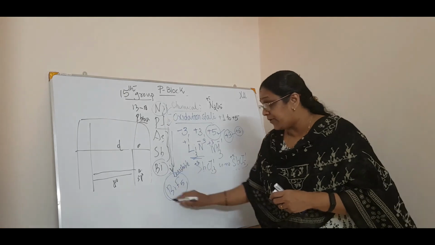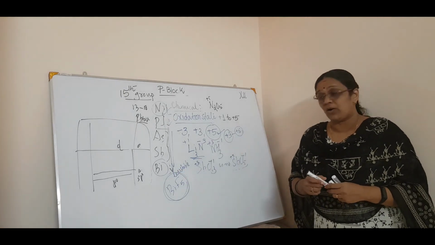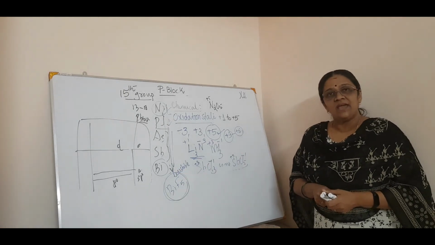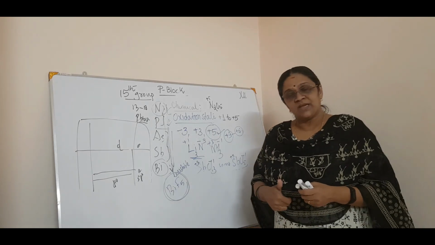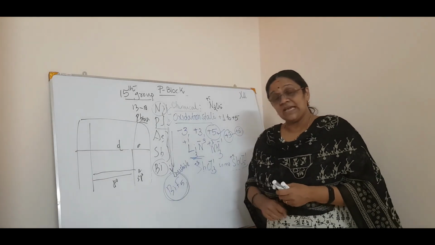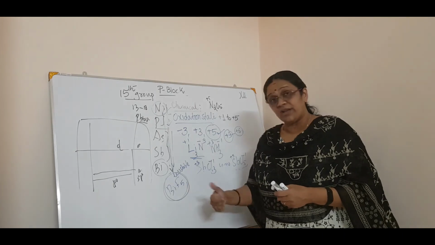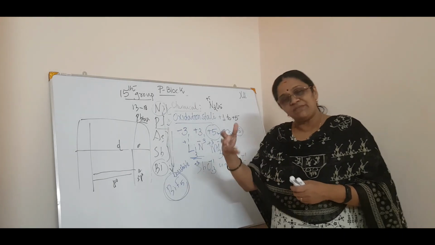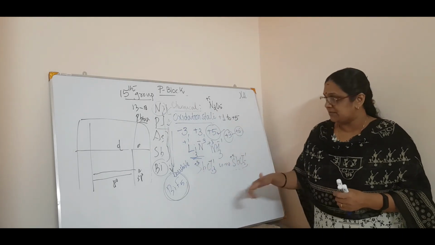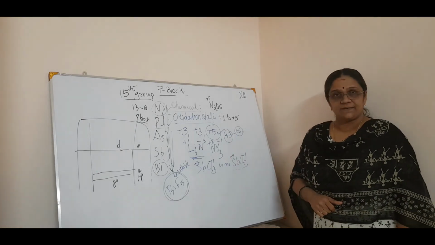The only pentahalide you know of in bismuth is BiF5. That is also an exception, and it is stable. Again, there will be reasons for this: fluorine has a very small size. That will come later when we get to the halogens. So this is about the oxidation state.